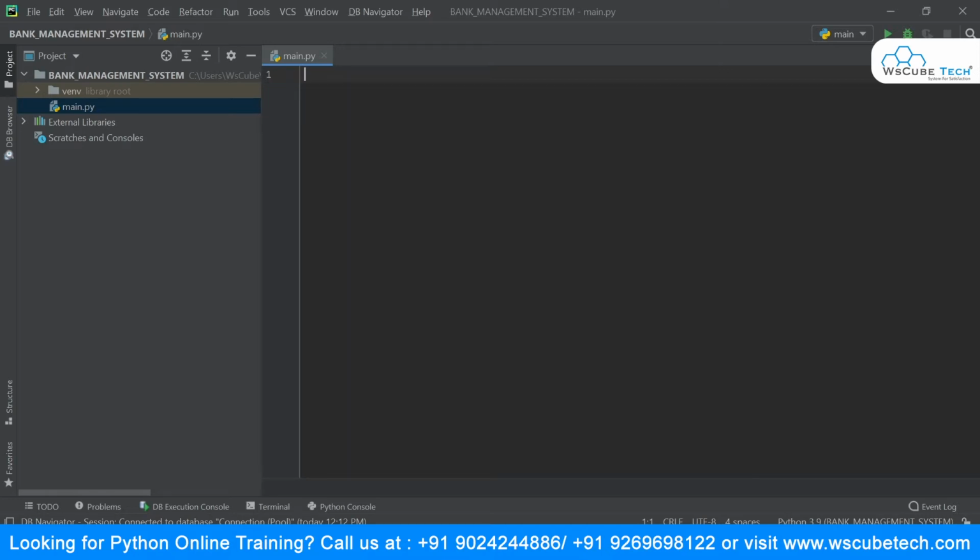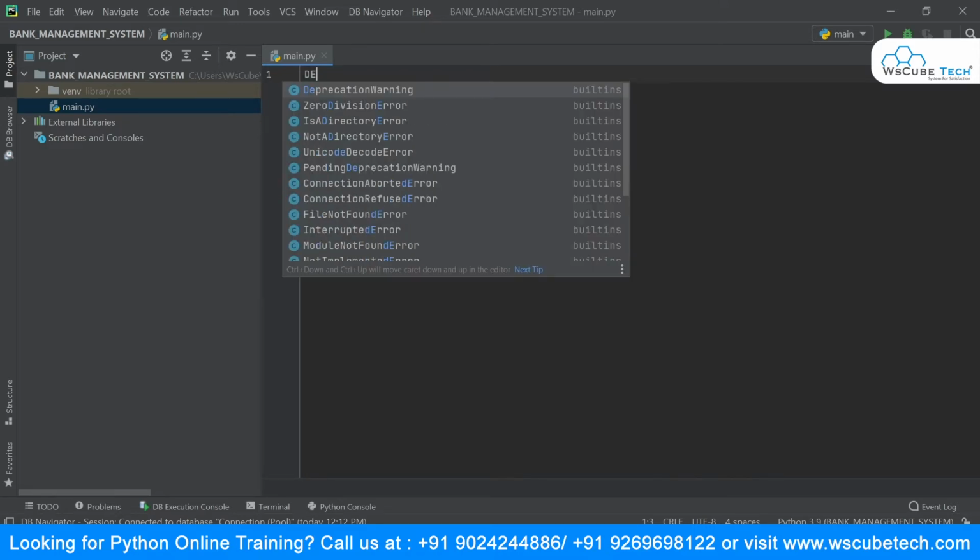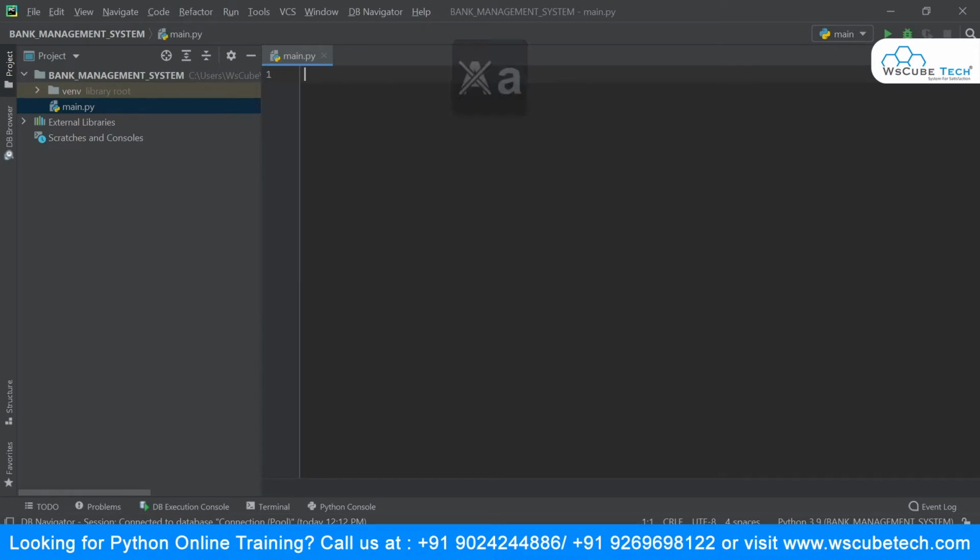All right. So now basically what we have done with the database: we have created the two tables. And now, as I have told you, the first step over here is that we want to display that menu, like what all the operations a particular customer can perform. So we are just going to create that method first over here. I will simply say def, and let's name it main. So this is my main method, with a colon and indentation.